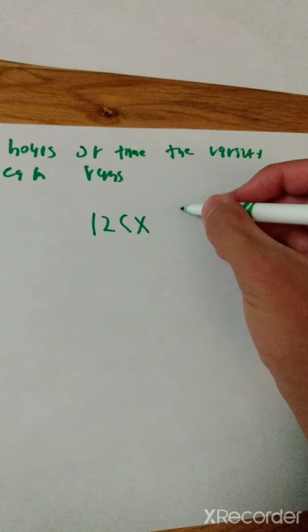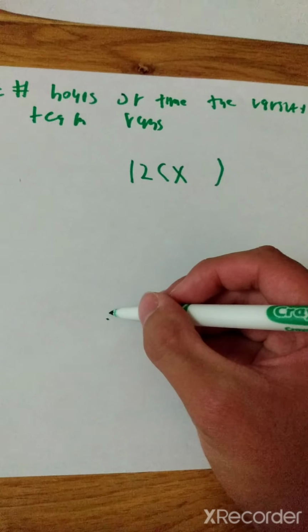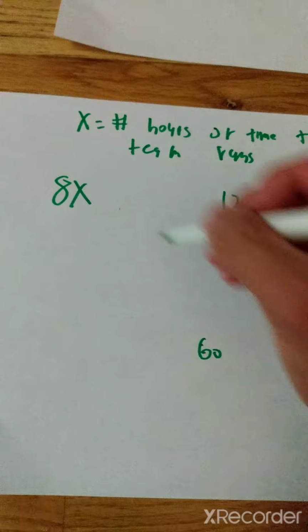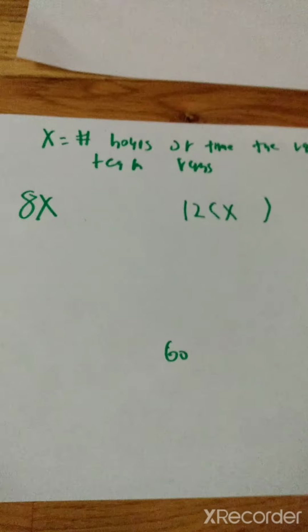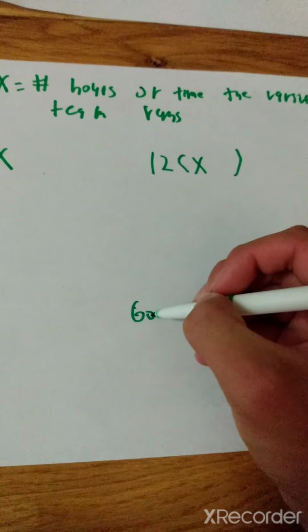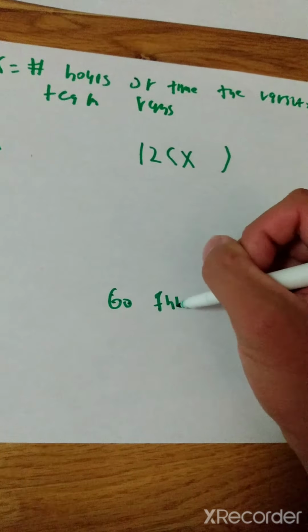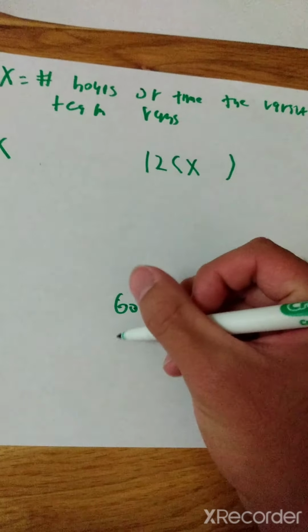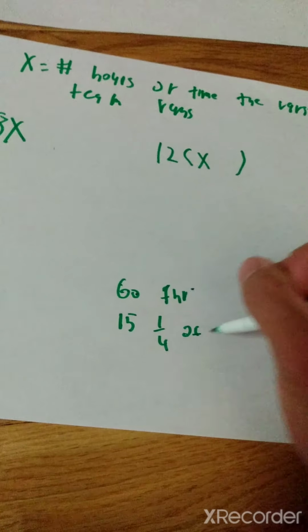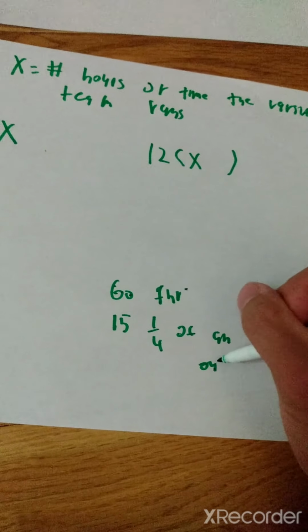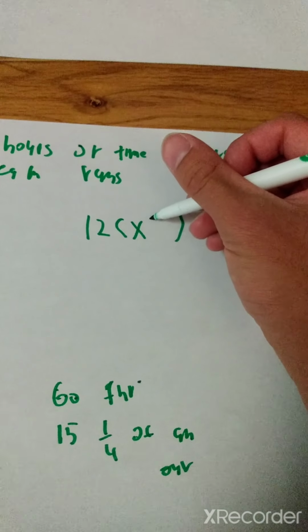Because we're measuring miles per hour, we're converting minutes to hours. 60 minutes is equal to 1 hour, but 15 minutes is going to be 1/4 of an hour. And to put 1/4 as a decimal so we can easily do the math, we're going to say